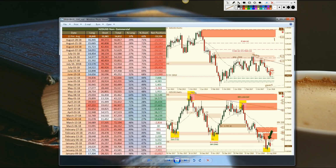So the Kiwi rallied up, hit a daily area of supply, nested within the weekly area of supply, and as it was rallying up, shorts were hardly moved and longs were slightly increased. Bottom line is short exposure drops from 72 to 71%, still overall bearish with a minus 23 net positions. We do know that price will eventually move down, but when is it exactly going to move